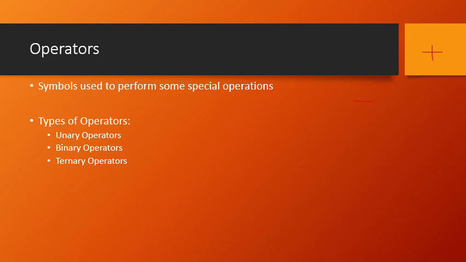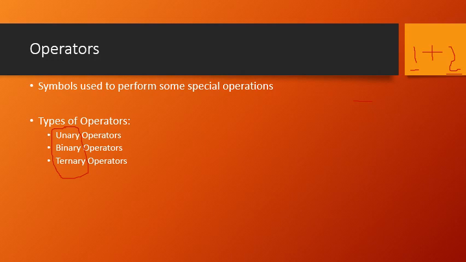The operators can be divided into three different types: unary operators, binary operators, and ternary operators. These names are associated with the number of operands they contain. Basically, when you say addition, say 1 plus 2, 1 and 2 are the operands. How many are there? 2. So based upon the number of operands, the operators are classified in that context.